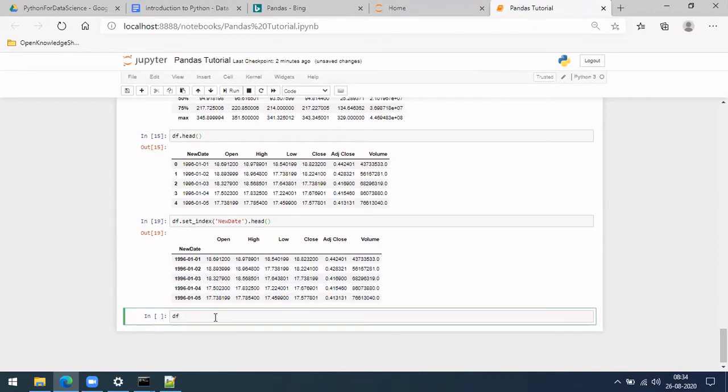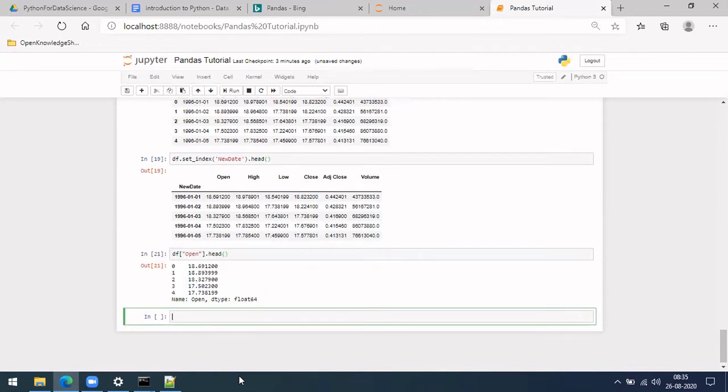So in case I want to get only this column, the open column, okay, how can you do it? Let me do dot open. Instead of all, I want to do head again, to get only the first five. See, if you do dot open, you only get this with these numbers.